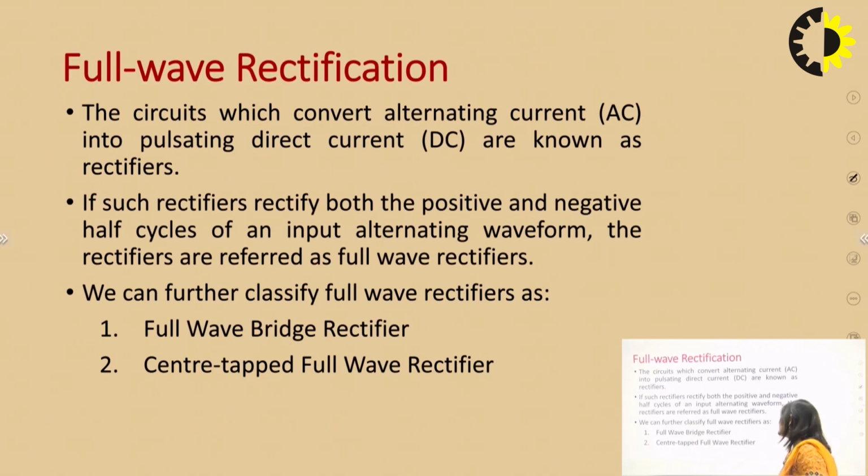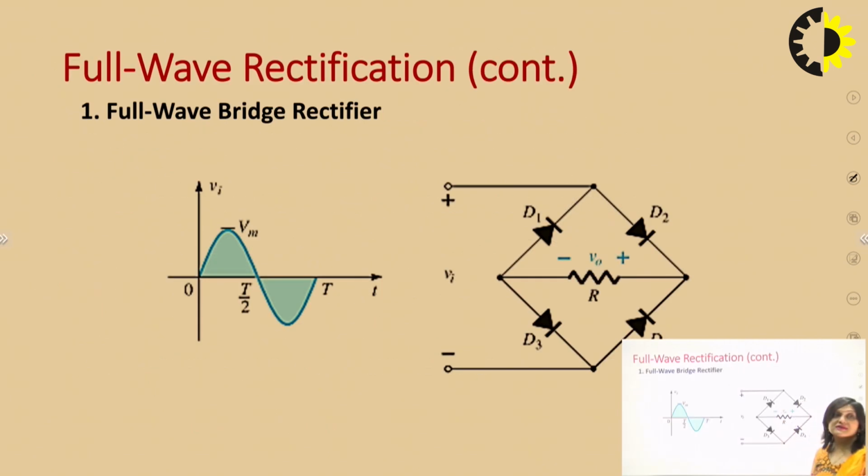After that, the full wave rectifier. There are two types of full wave rectifier. The first one is the bridge rectifier. In the bridge rectifier, we can see 4 diodes are there. In the half wave rectifier, only 1 diode was there. And in the slides depicting the difference between half wave and full wave, we have seen full wave has 4 diodes or 2 diodes. 4 diodes are in the case of the bridge rectifier, and 2 diodes will be in the case of the center tap type. So here we can see how we can connect these diodes.